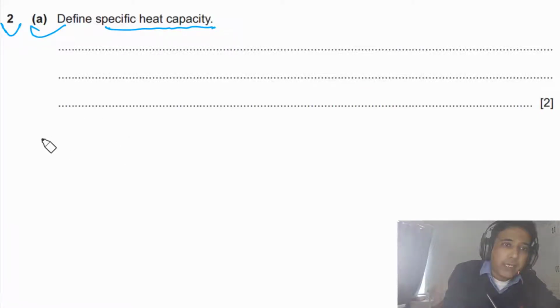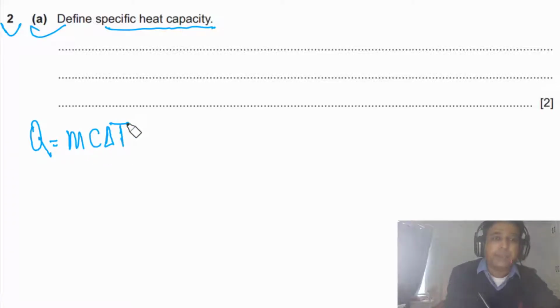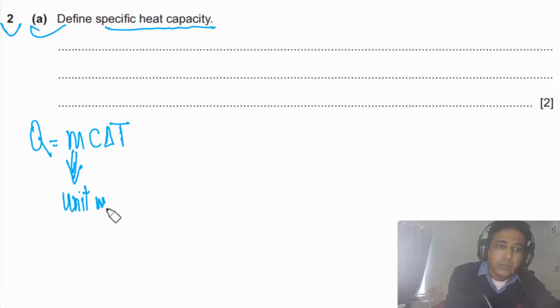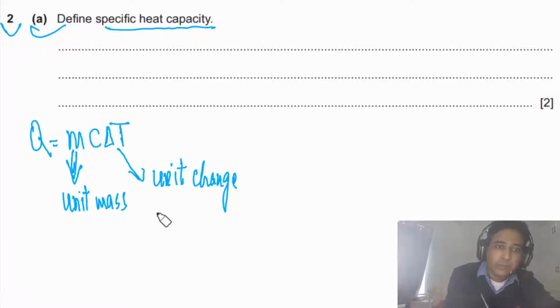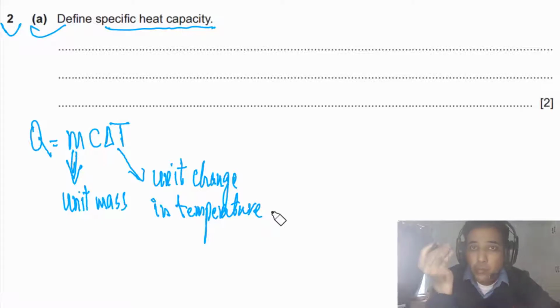Now let's try to define specific heat capacity. First of all, we can simply say Q is equal to mc delta T. From here you can see, if m is the unit mass, and delta T is the unit change in temperature, means the temperature changes by 1 Kelvin or 1 degree Celsius,